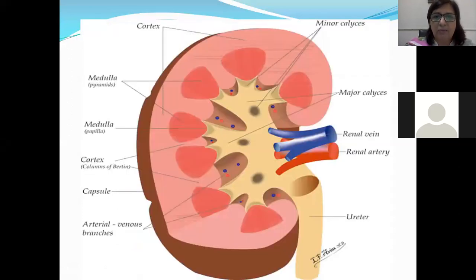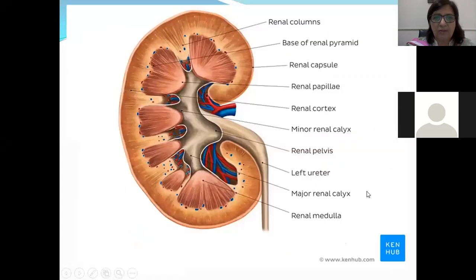It is again the same picture showing the same structures. You can see the renal papillae. And this is renal cortex, outer is renal cortex, inner is medulla, and this is renal pelvis from where the artery enters, vein leaves, and ureter also leaves with the formation of urine.